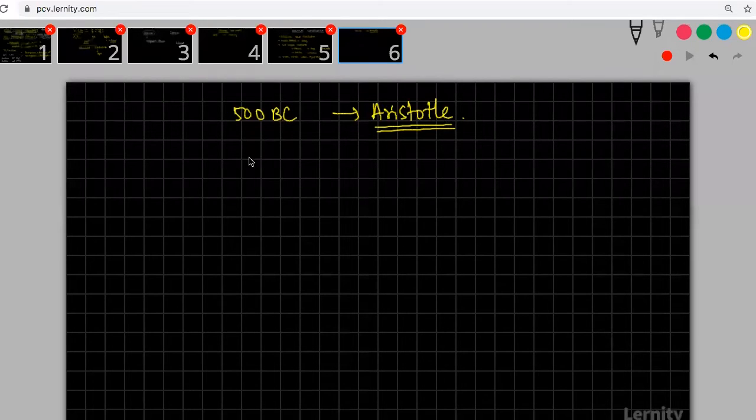So in plants, he came up with a classification of herbs, shrubs, and trees. He was classifying based on one property, which is called height. So he said height is a kind of criterion, and then he classified them into 3 different groups. What are the 3 different groups? He was classifying into herbs, shrubs, and trees.